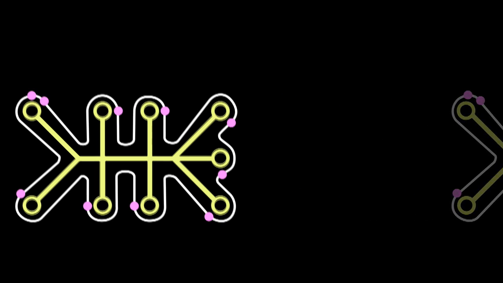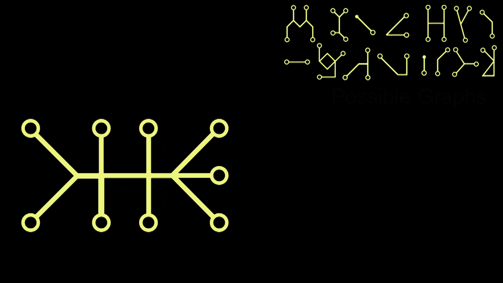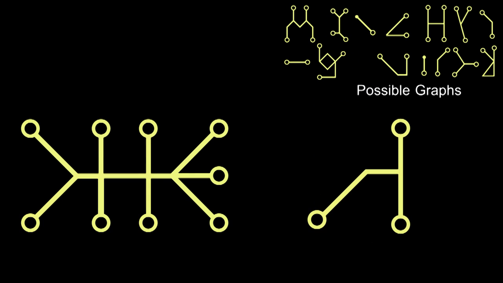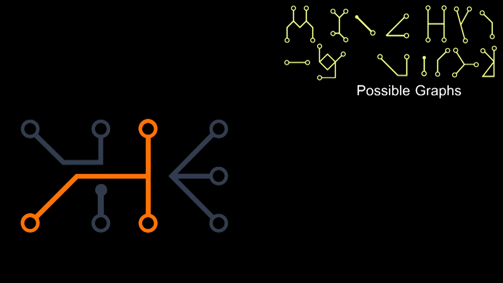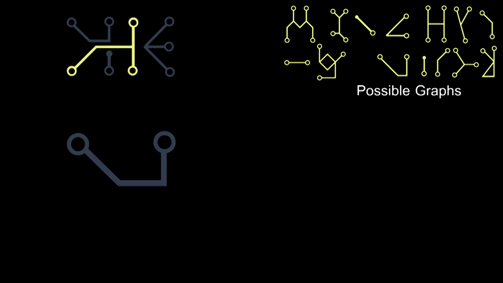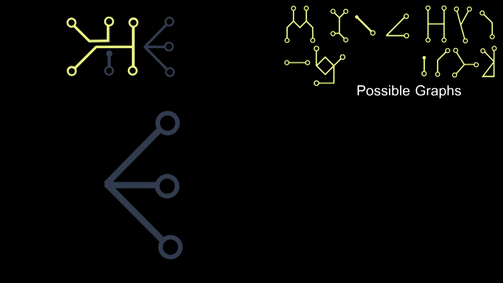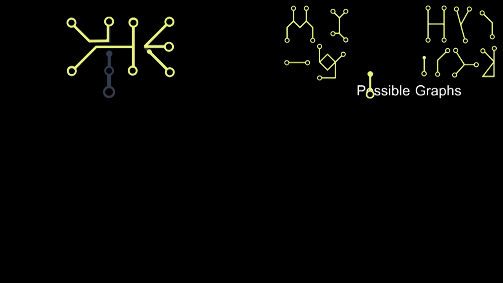Assume we have a graph we want to match on the left. The hierarchy contains a long list of possible graphs we could use on the right. We attempt to match each of these graphs to the left graph. If we find a partial match, if we can match some of the half edges, then we just need to match the remaining half edges for the two boundaries to fully match. This is a recursive algorithm. For the remaining half edges, we follow the exact same procedure for finding a match, and we continue until every